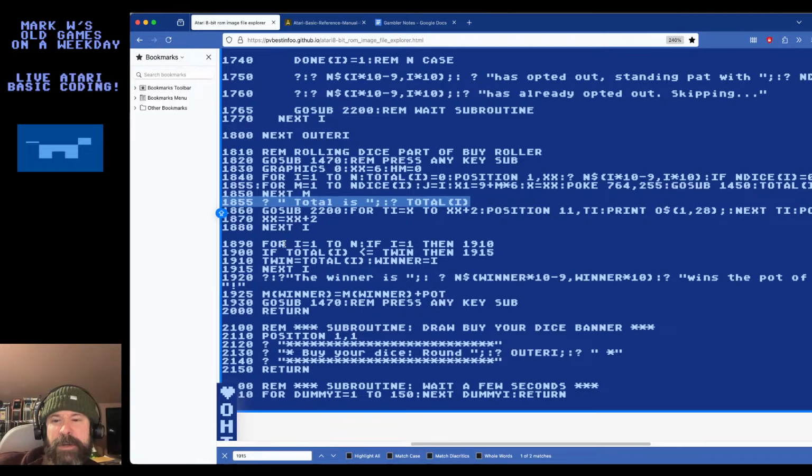I mean, it has to be related to that. The only other thing I modified was, well, I guess we should look down here. Is there a next M? Is there a way to get to this line from here, maybe? If I equals 1, then 1910. No, I mean, this should be fine, huh?